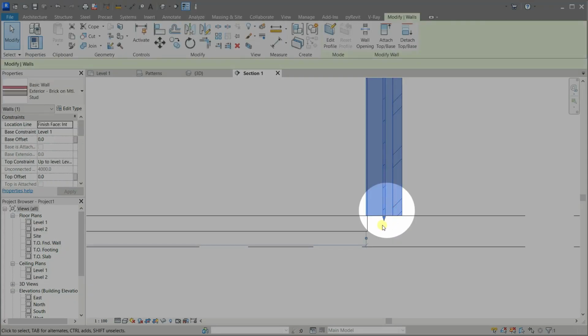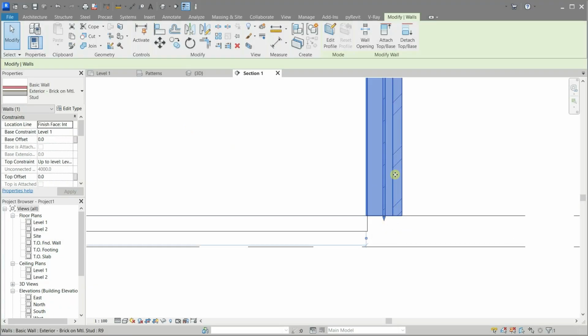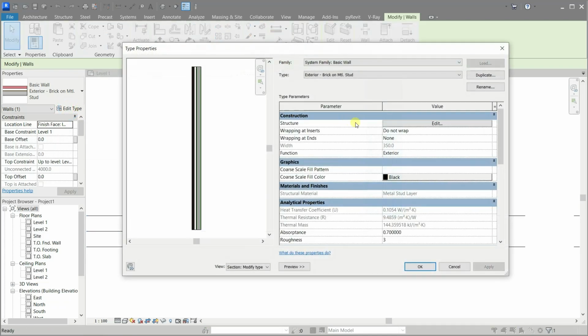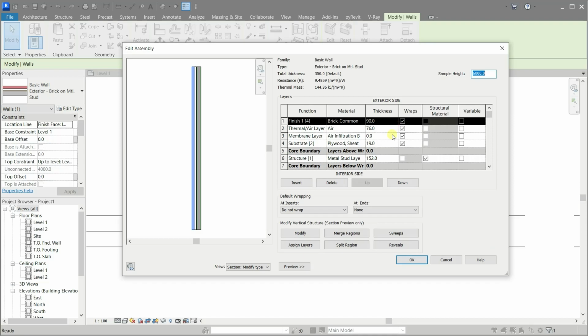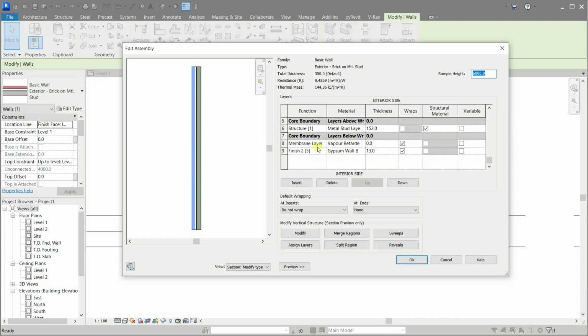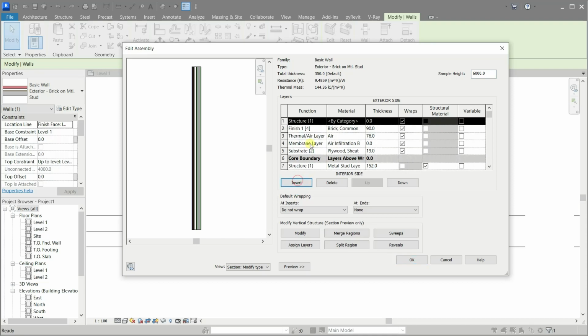Notice the wall has one extension handle. Let's edit it again. Let me add a gypsum layer.